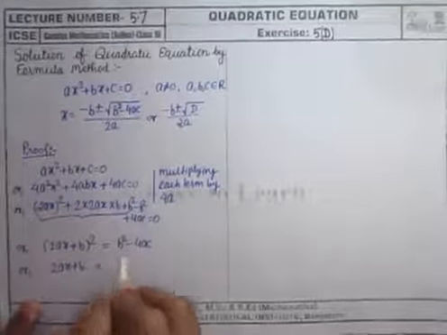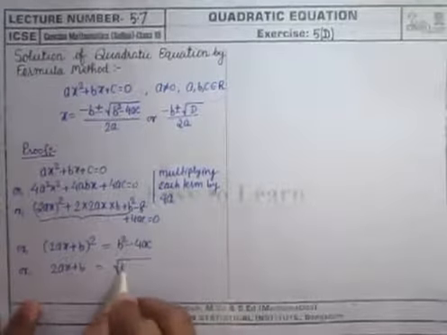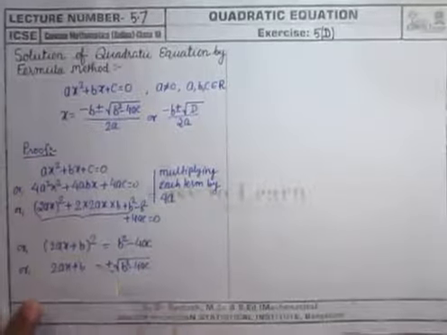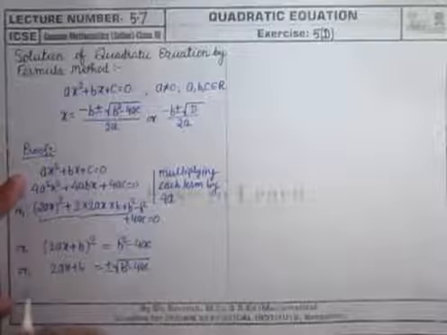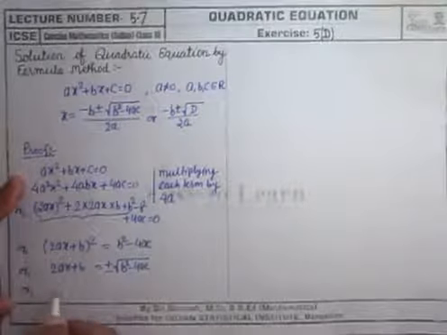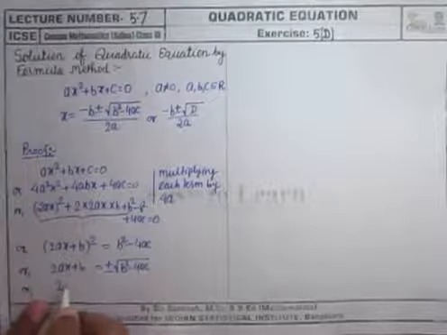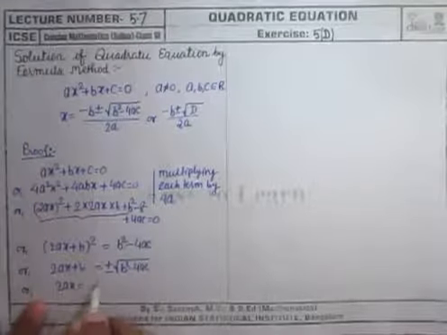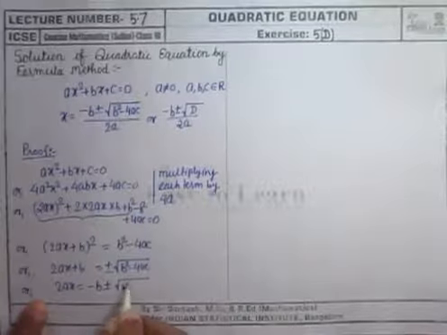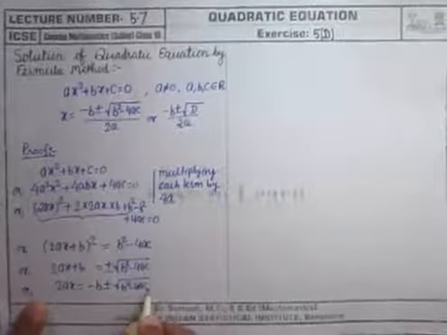When the square is shifted to the other side, it becomes root under b square minus 4ac, and this will be plus minus because there are two values of the square root. Now 2ax will be equal to minus b plus minus root under b square minus 4ac,